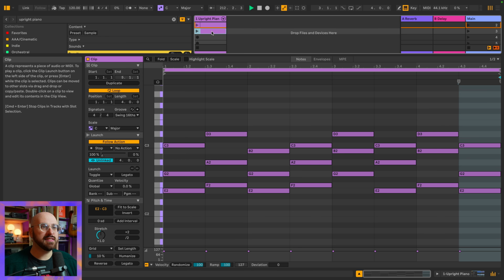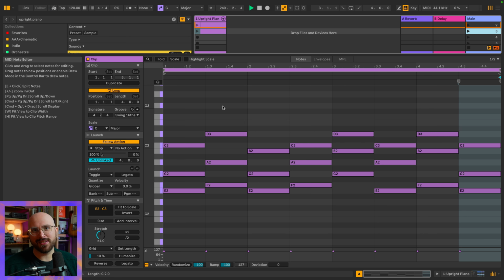For example, if I click to this clip here, this is the same C major scale, but I have inverted some of these chords. And it sounds less now like I'm playing chords up a scale, and it sounds like it could be a progression of sorts. And so this is where I would encourage you to start and get really comfortable with this. Start with one key, one scale, and you can then use that to inspire you to want to go further. These fundamentals you will never stop using, so it's a great place to start.